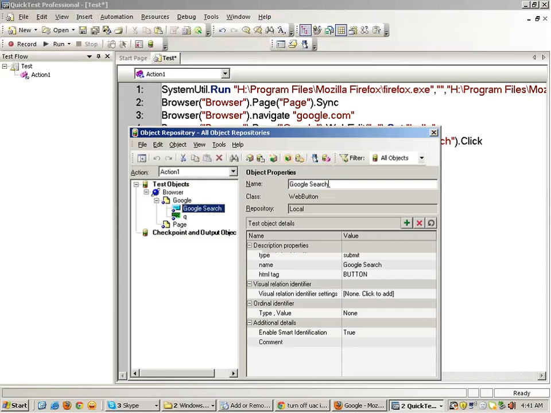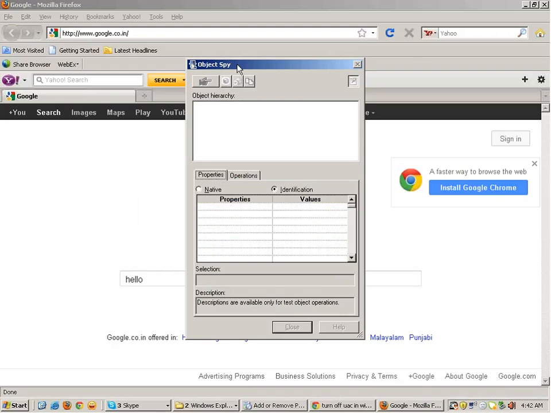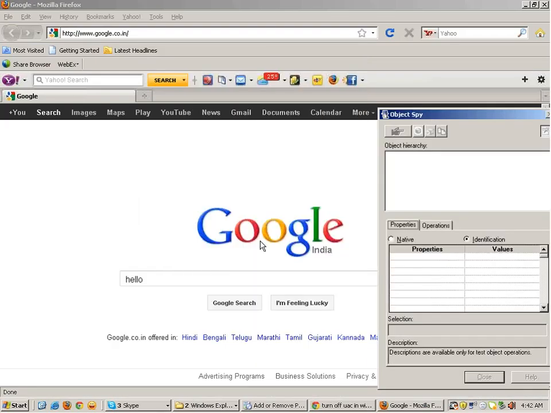Fine. Google search is the name, class is web button. You cannot change the class, you can change the name. I'll tell you how to change the name, hold on. And these are the various properties of this button. These properties were also visible to us when we were spying. Right? Let me spy again. Spy icon is also there in object repository. If I spy the Google search button again,